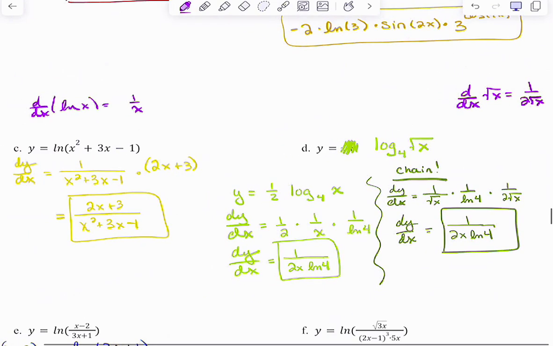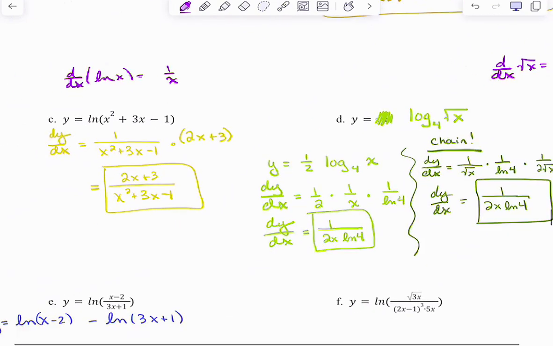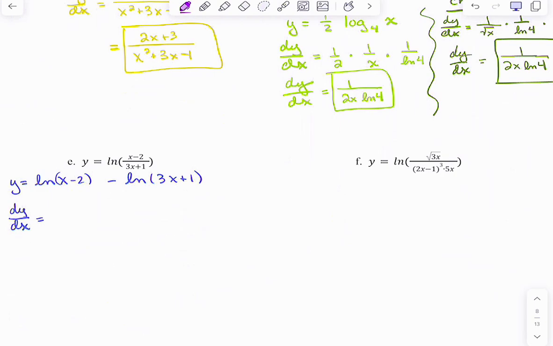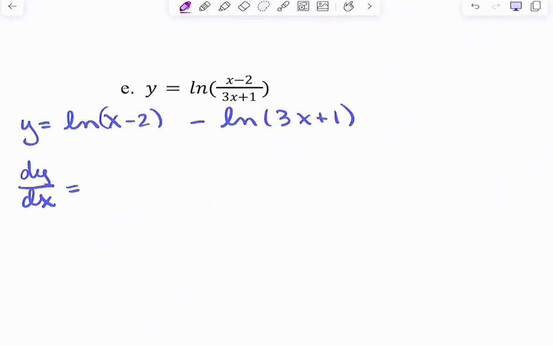Okay, questions on those 2? We're good? Okay, this one also had 2 different ways. If you like quotient rule, Godspeed. If you don't like quotient rule like me, I changed it into a subtraction, and that made my life a